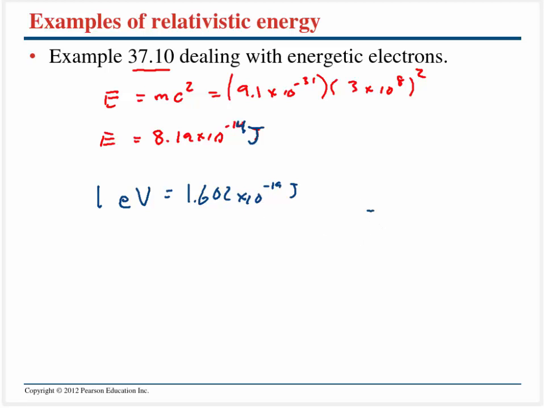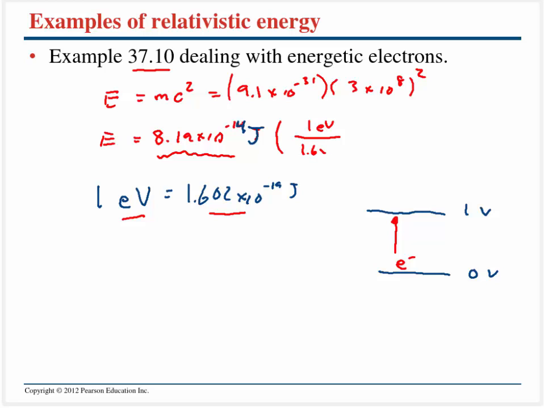And essentially, if you remember, if we had a potential that was a 1 volt potential, so 0 volts and 1 volt, and we took an electron, if we were to drag this guy, we did some work to it, and that is going to be 1 electron volt, how much work it takes to move that amount of charge up by 1 volt. And because we're dealing with really small energies very often in Physics 243, we are going to work our energies in electron volts. So we can say 1 eV is 1.6 times 10 to the negative 19th joules,